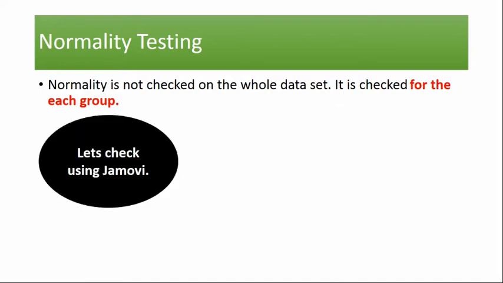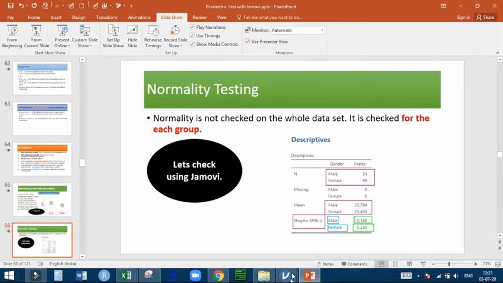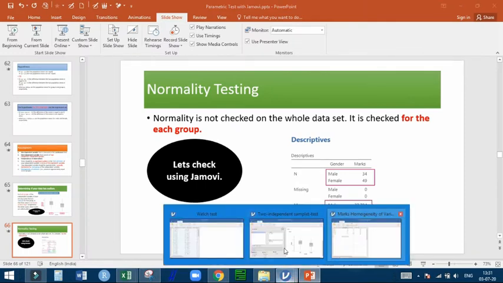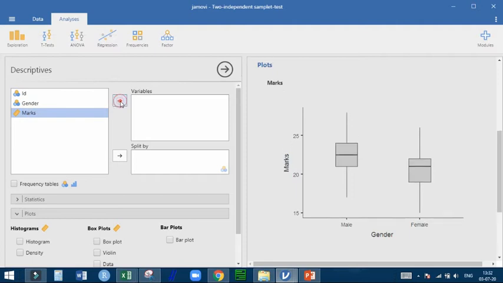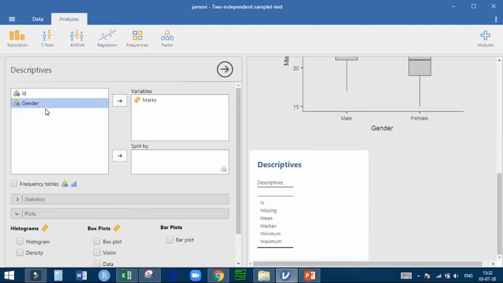Let's check using Jamovi. In the same file, 2 independent sample t-test, when we have to check normality for this, in exploration, descriptive, we will shift the marks into the variable box and gender into split by.